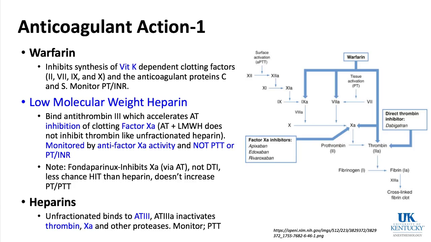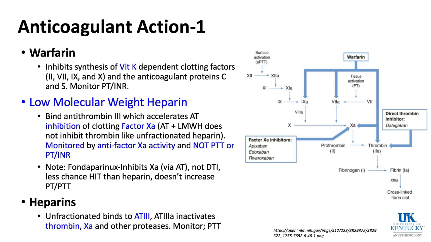Fondaparinux is a drug that inhibits 10A via antithrombin. It's not a direct thrombin inhibitor. It tends to have less chance of HIT, or heparin-induced thrombocytopenia, than does heparin, and doesn't increase the PT and PTT. So these are drugs that we use to prophylax against patients developing DVT, for example,